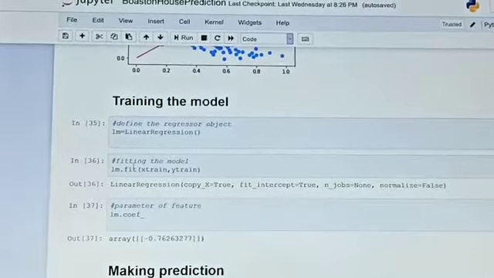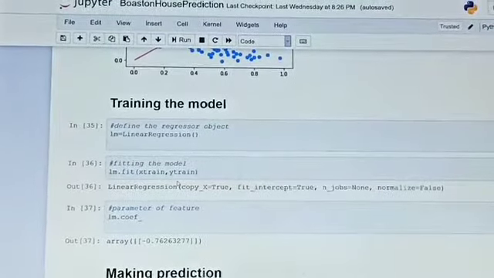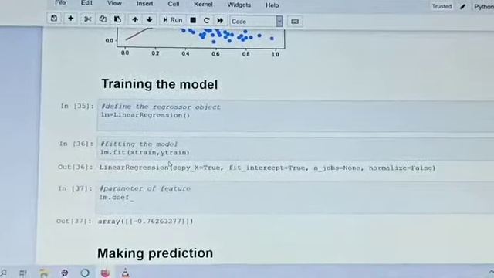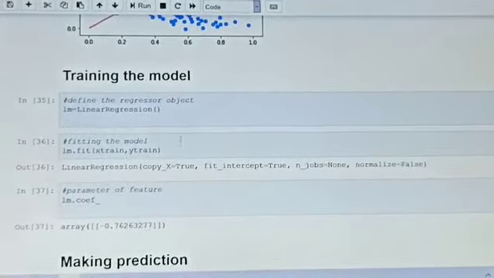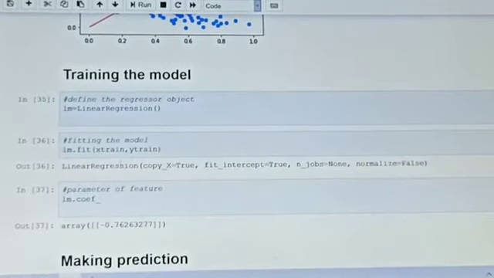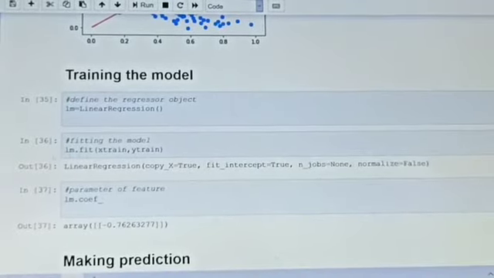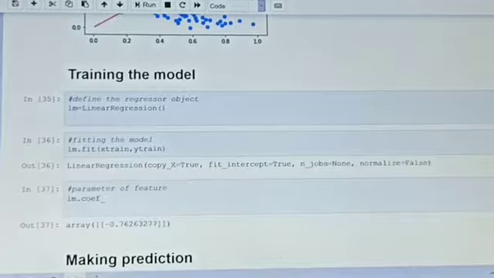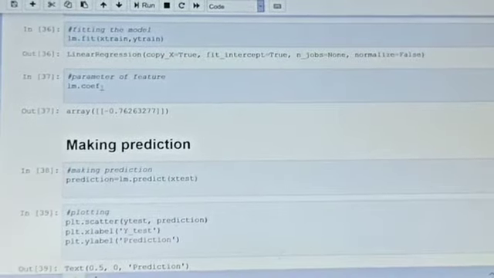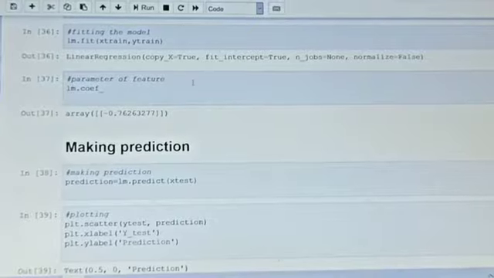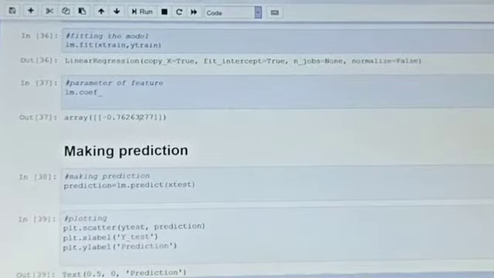Now I fit the training data with the .fit method. We fit x_train, y_train in the linear regression by lm.fit, and after that lm.coef_. This tells the parameter of the feature, and this is the value.